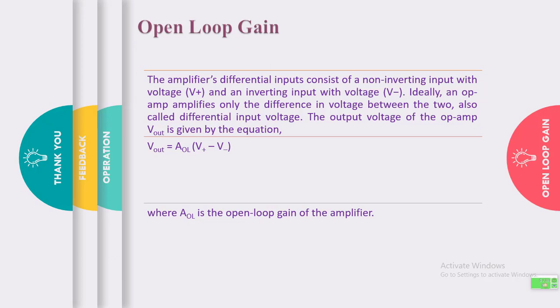If these two terminal voltages are the same, then the output of the op-amp should be 0. That means if we give plus V and minus V the same voltages, then the output should be 0. And remember that the greater terminal voltage is all the time subtracted by the lower terminal voltage and then multiplied with the open loop gain to get the final output.